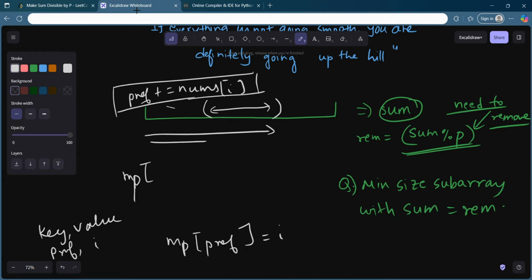So let's say I want to calculate this whole sum, just like I told you. When I am at this point, I will have my prefix, and I want to remove this remainder, right? So right now my prefix is something like this, so I will search whether the value prefix minus remainder exists in the map or not. If it is existing in the map,